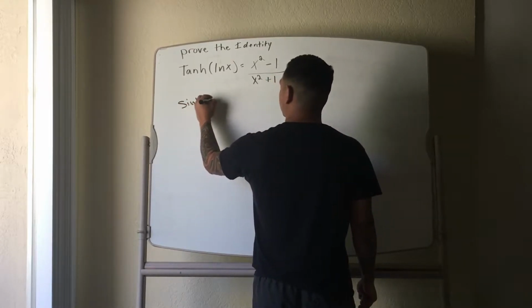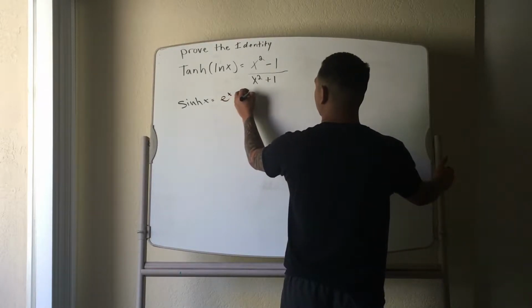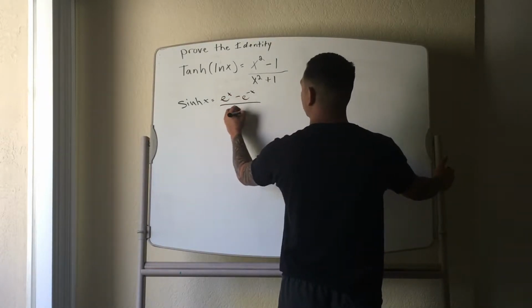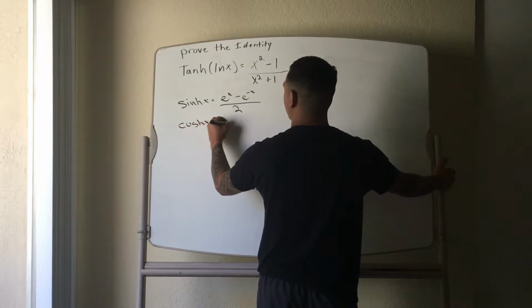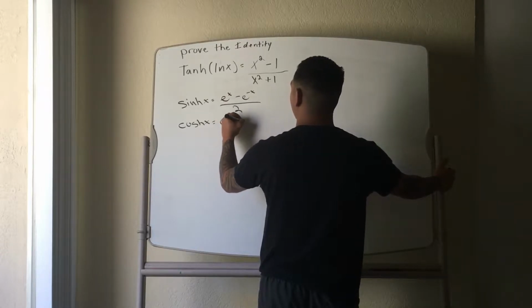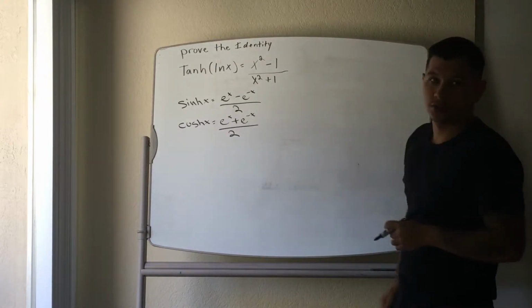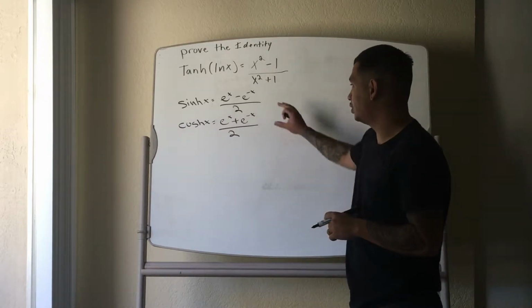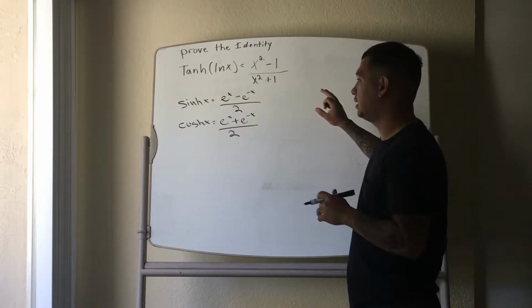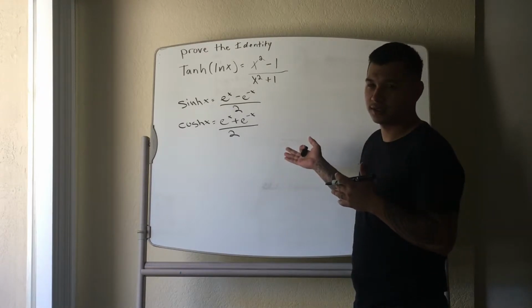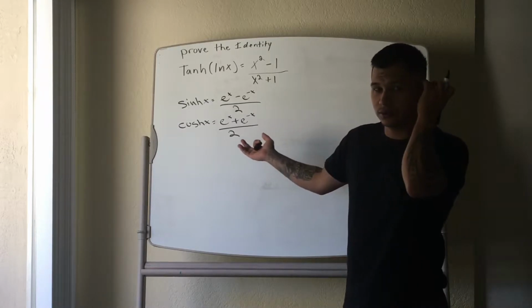Hyperbolic sine of x is equal to e to the x minus e to the negative x over 2, and hyperbolic cosine of x is equal to e to the x plus e to the minus x over 2. These are just definitions or whatever you want to call it. But you only need to remember these ones, because with these ones, the hyperbolic in the sense of this, in particular, is the same as just the regular trigonometric functions,